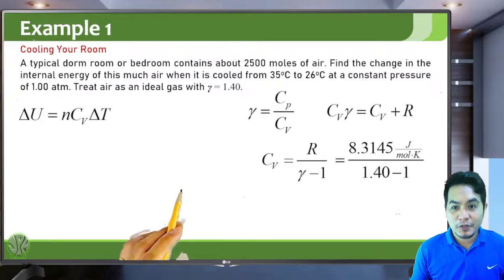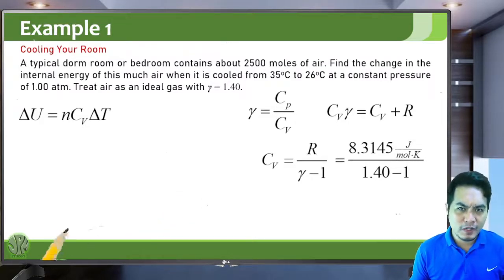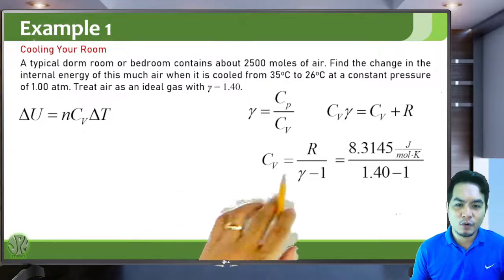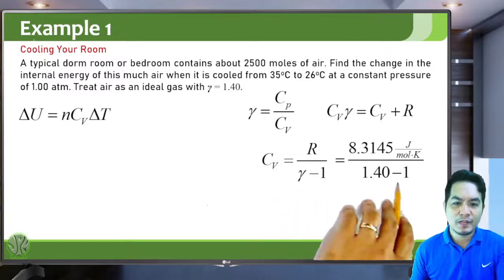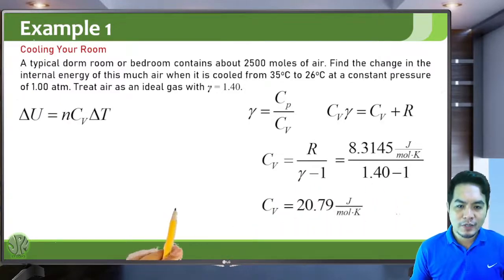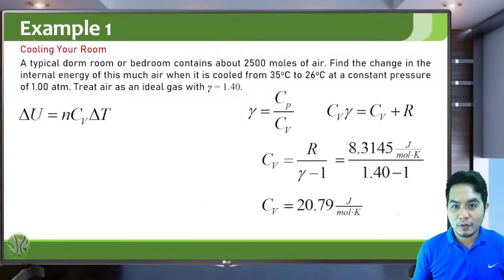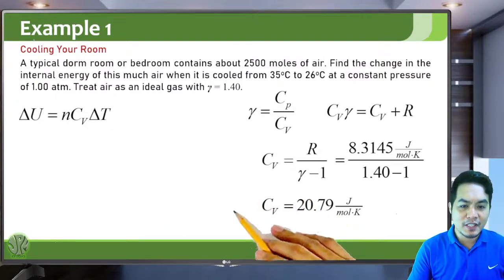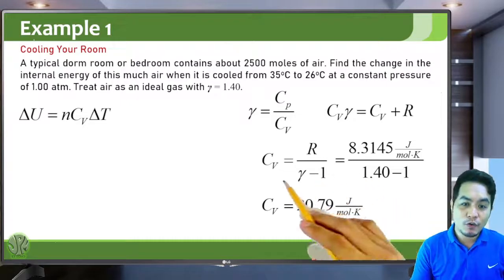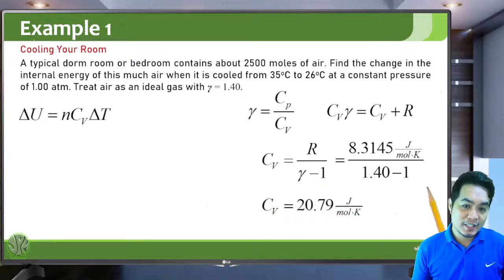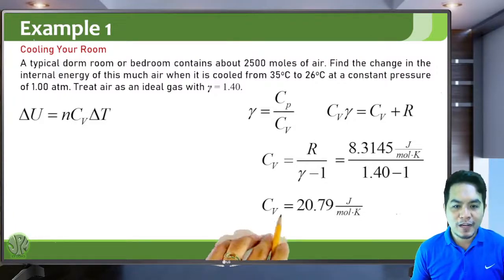So R is 8.3145, or 8.31 if you want to round off, joules per mole Kelvin, over gamma, which is 1.40, minus 1. And you get Cv of 20.79 joules per mole Kelvin. So actually, this is pretty much the heat capacity at constant volume for diatomic gases. It's 20.8 rounded off, joules per mole Kelvin. So we use this value for Cv,